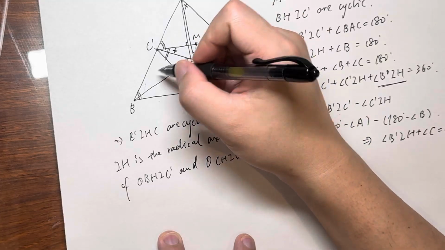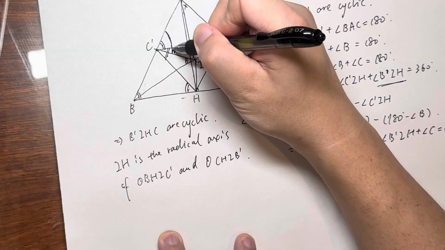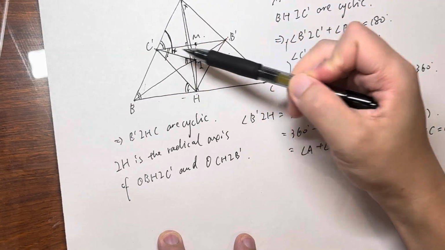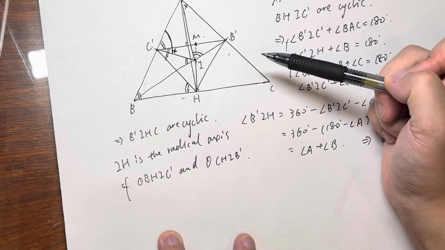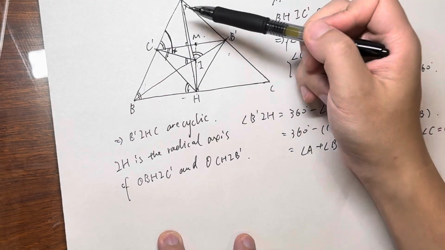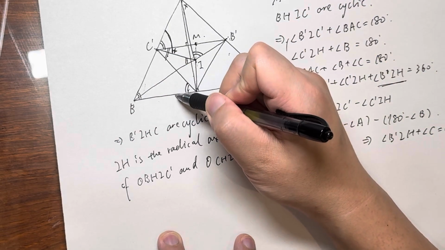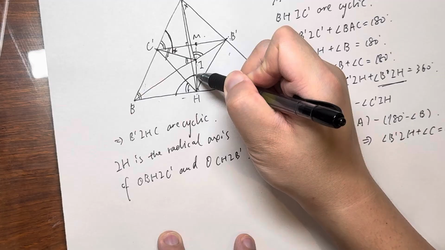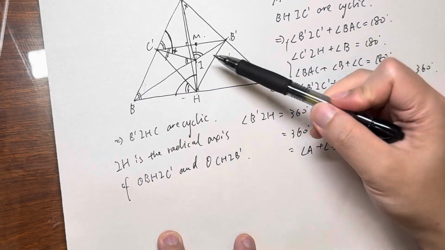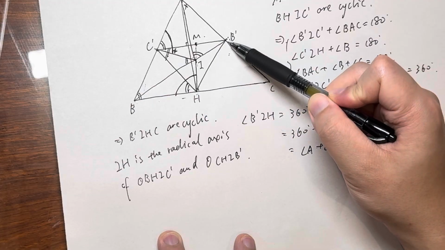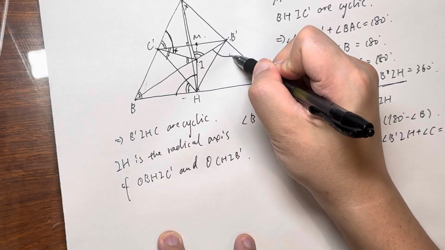And let's think about the angle, this one here, the angle AC'I. Because BHIC' are cyclic, that means angle AC'I equals to angle BHI equals to this one, BHI. And because IHCB' are cyclic, that means this angle equals to this one,